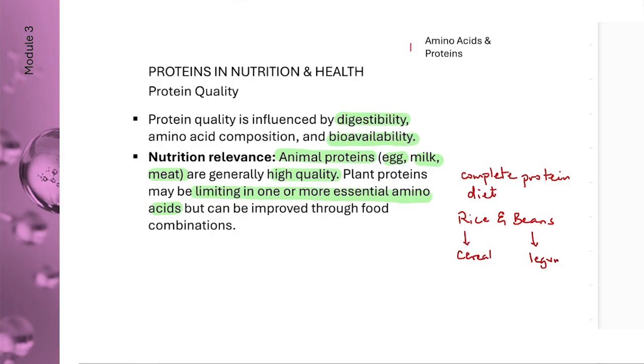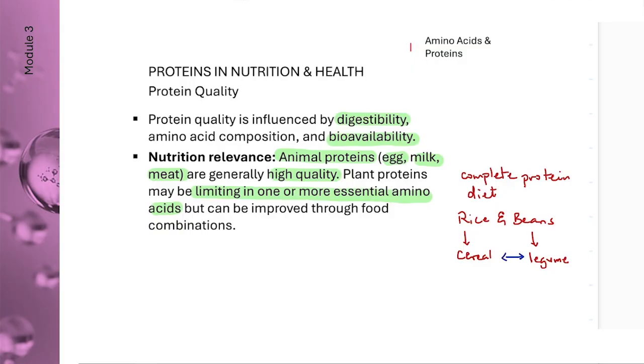Rice is deficient in some essential amino acids, and beans have those essential amino acids. You need to find out why. So could you find out what amino acids are deficient in rice that are present in beans, and vice versa? But in any case,